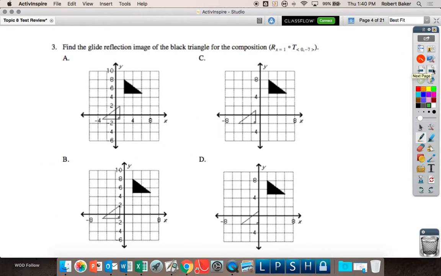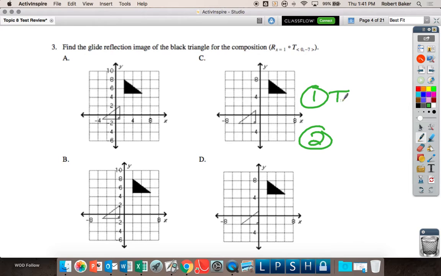All right, number 3. Be very careful. What does this graph count by? 2's. It goes 2, 4, 6, 8, 10. And so does your test. So you have to put imaginary lines in there for where 1, 3, 5, and 7 are. Now, it says that we're doing a composition of transformations. What is the first transformation you're supposed to do when you do a composition of transformations? You do the translation first,